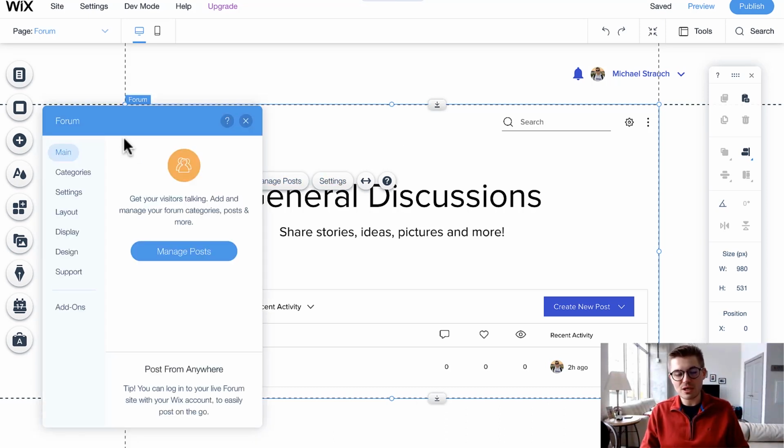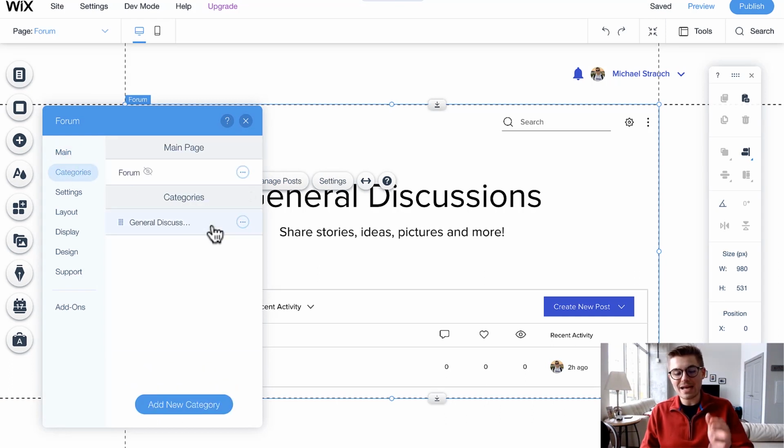So you can come in here and you can change and add categories of your forum. So right now, general discussions is one. You can control these categories to obviously reflect what your community talks about, right? That's what you'll want your categories to be. So if you're sports, you might break your categories up into NFL, NBA, MLB, NHL. These would be examples of categories you would include, and you would add the categories just by clicking add new